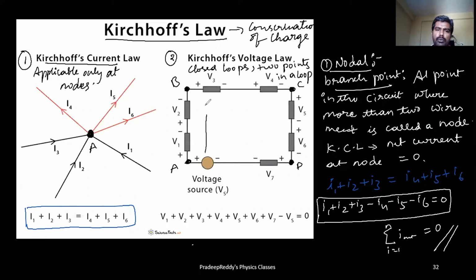So for this closed loop, you can apply Kirchhoff voltage law such that you can start at point A, and from point A there is voltage dropped across this component. That voltage I am considering as V1, because you are going from these terminals. It is positive terminal, it is negative terminal. This is positive terminal, this is negative terminal. Positive, negative, positive, negative, positive, negative, positive, negative, and the last one here is also positive, negative.